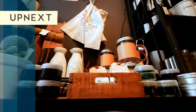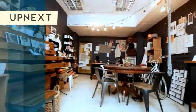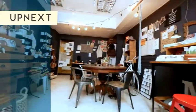Everything that we put together here is sort of random. We're calling this the unstyling method or approach to design. It's like a more relaxed